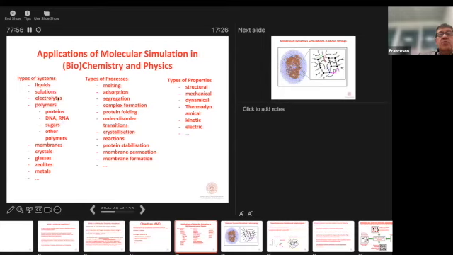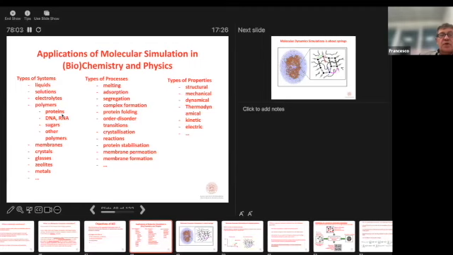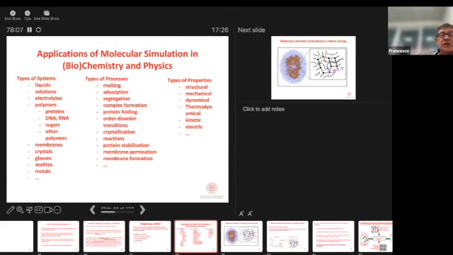So we can investigate liquid solutions, electrolytes, polymers, all sorts of different polymers, of course, carbohydrates, proteins, DNA, RNA, membranes, crystals, glasses, zeolites, metals. And we can study all sorts of different processes: melting, adsorption, segregation, formation of complexes, folding of proteins and polymers. Well, you can read, I'm sure. So I will not spend more time. But using this kind of simulation, we can do lots of different things.